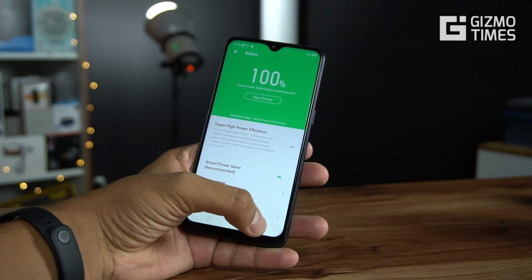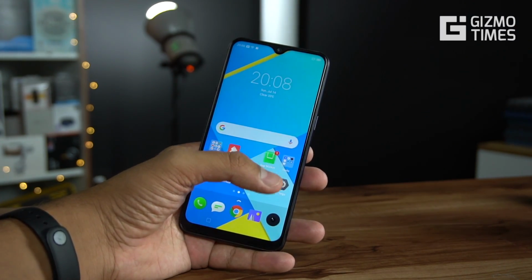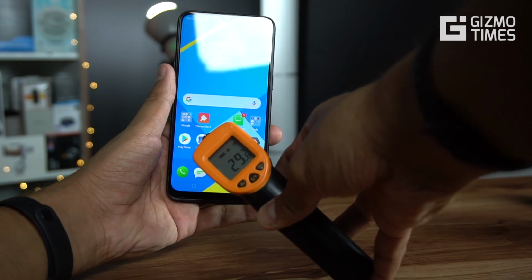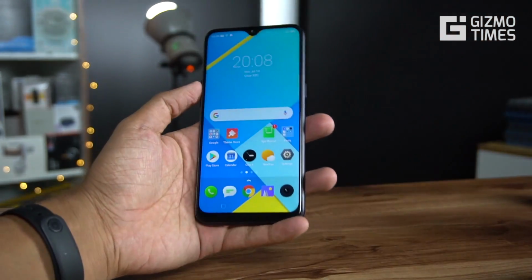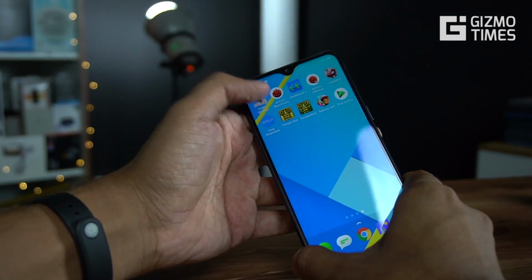and now we are going to start the gaming review here, and we'll be showing you the temperature first before we start the gameplay. So it's about 29.6 degrees on the top and about 29.6 degrees towards the bottom as well, and on the back of the device it's about 30.1 degrees. So it's all the normal temperatures right now,